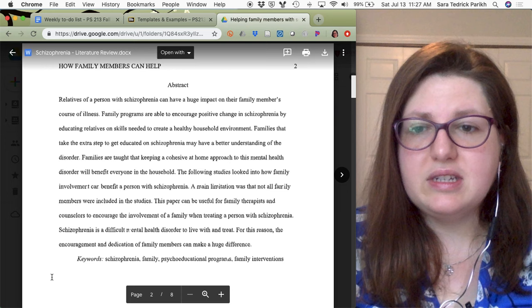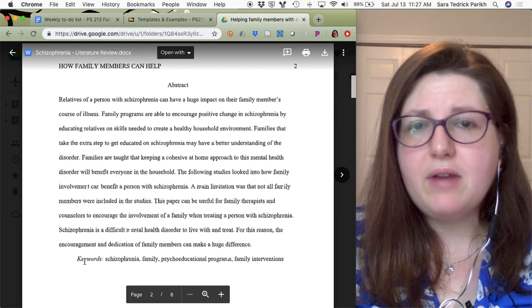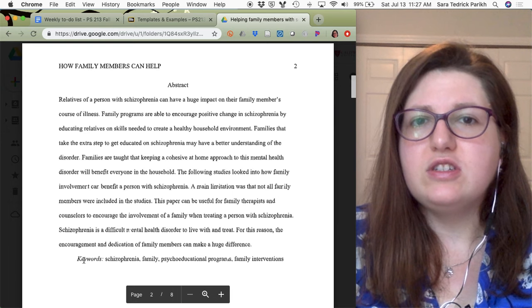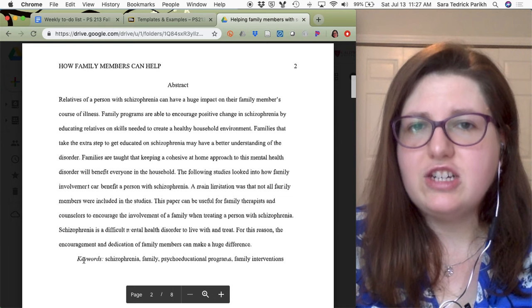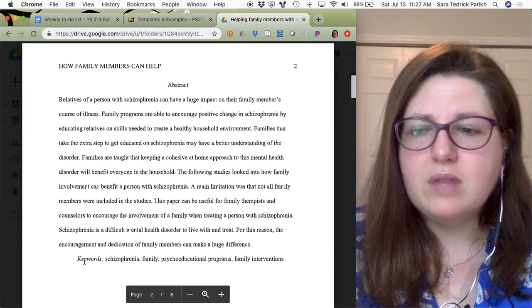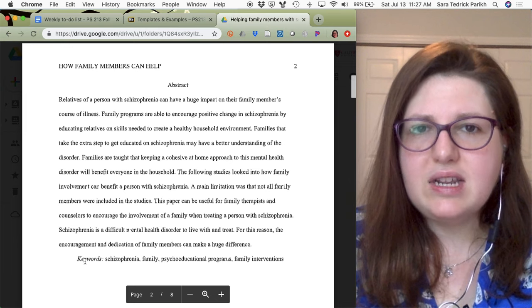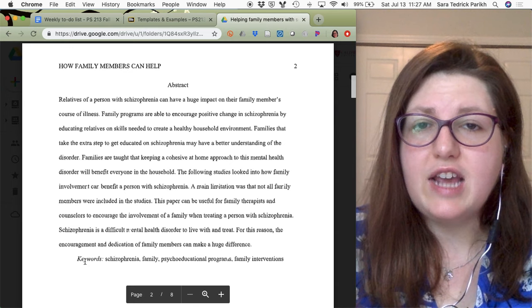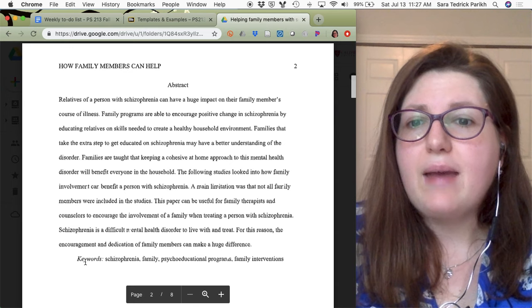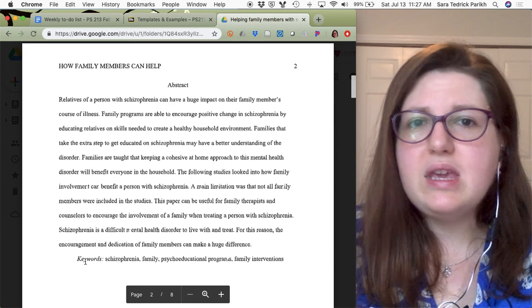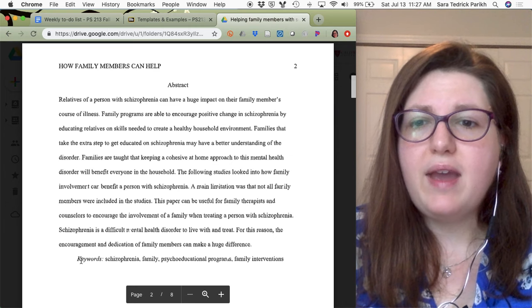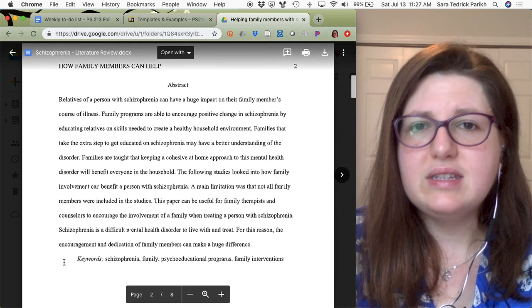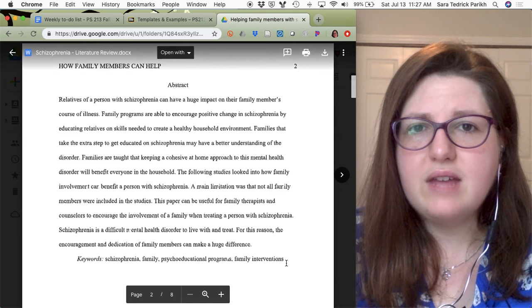Almost everything is indented. But then at the bottom of the paragraph, you have keywords. And this is like if you were tagging it for searches. So it's kind of like the hashtags of the paper. The PsycInfo, the main databases that we use, are pretty clunky. And so these keywords or tags is how searches happen. I'm not really picky about what your keywords are as long as you have them. But notice again, the formatting is really funky because the word keywords is italicized. The words themselves are not